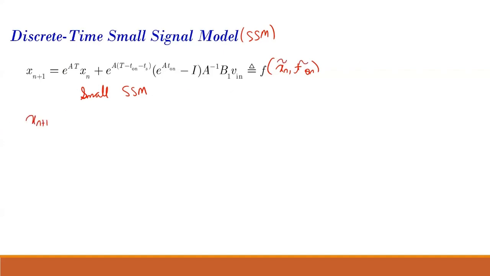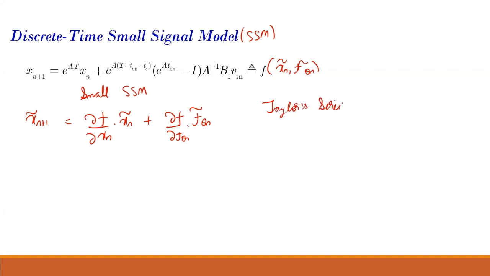So my xn plus 1 perturbation will be the partial derivative of this function with respect to xn times xn perturbation, plus the partial derivative of f with respect to t on times t1 perturbation. This is like the Taylor series and Jacobian; all these concepts use this perturbation formulation. These can also be done using plots and graphs, but this is the analytical mathematical way, which is the standard procedure. So when I find the partial derivative of f with respect to xn,